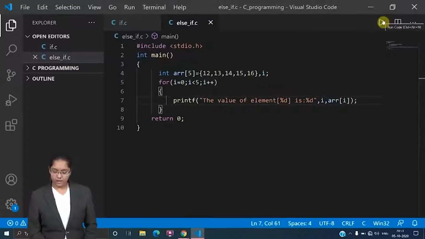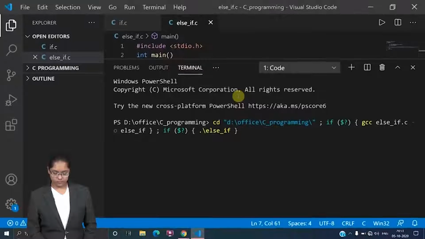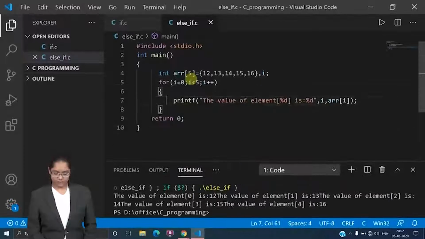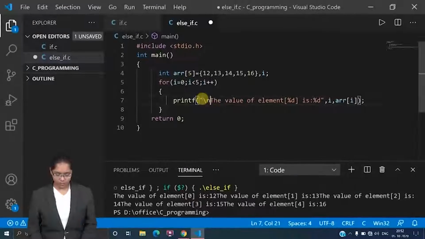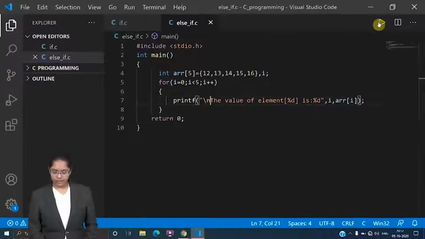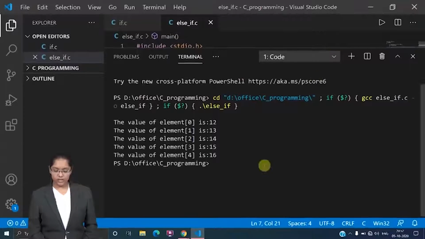So firstly let's run this code. Let's add a new line here so it will be more readable for you. Save this code and run it. See, 12, 13, 14, 15. That means at the 0th index my value is 12, at the first index 13, and so on.